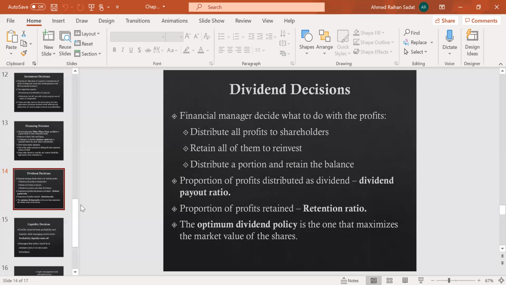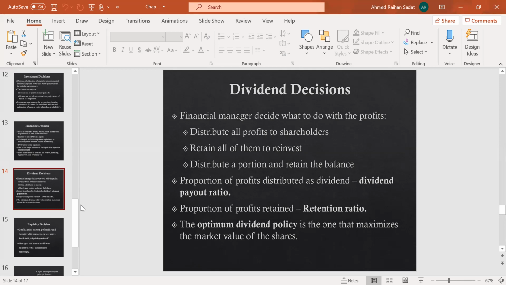The optimum dividend policy is the one that maximizes the market value of the shares, as we are summarizing all the discussions into one single point, that is to maximize the share value. So how do we do that? I was talking in the previous part that we need to pay a certain amount of money as dividend, otherwise the shareholders will be devastated and might lose their interest in the company and start selling off the shares, which will negatively affect the share value.